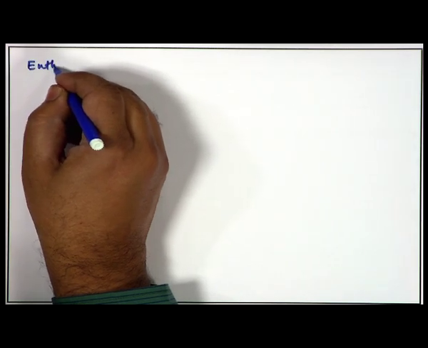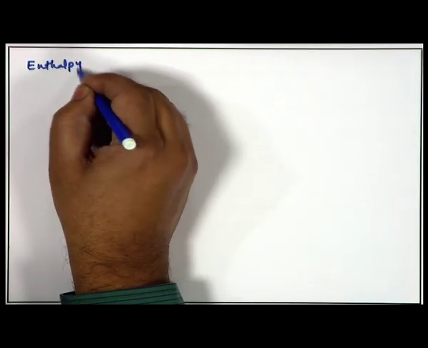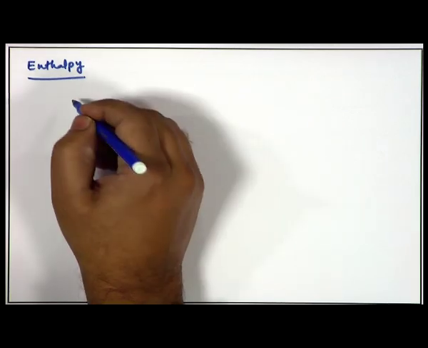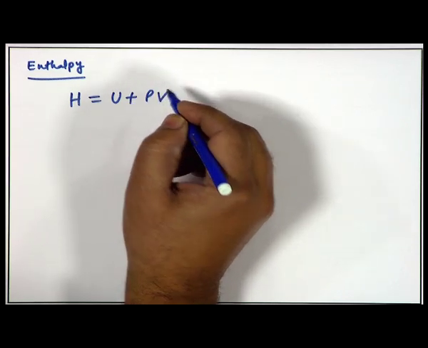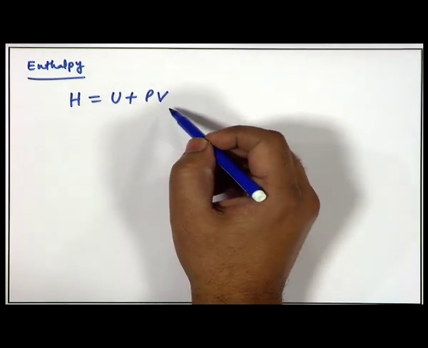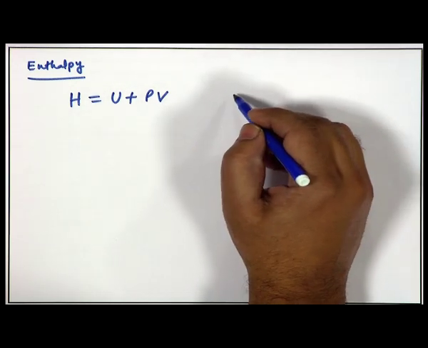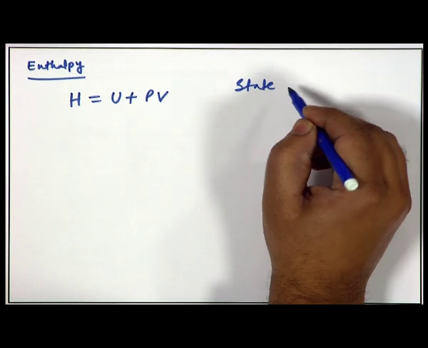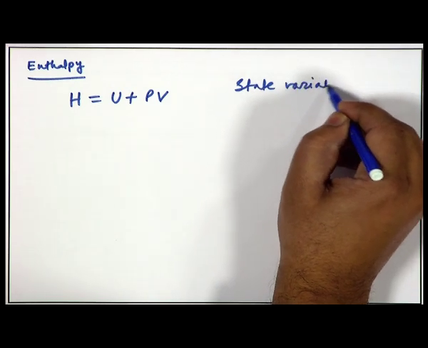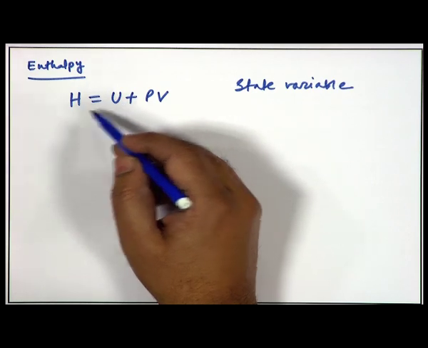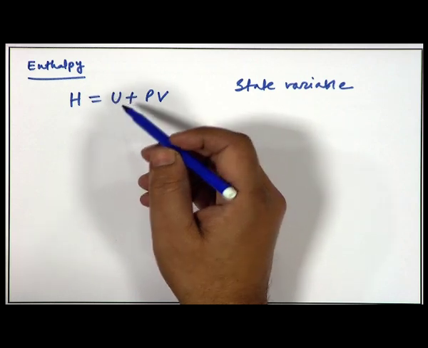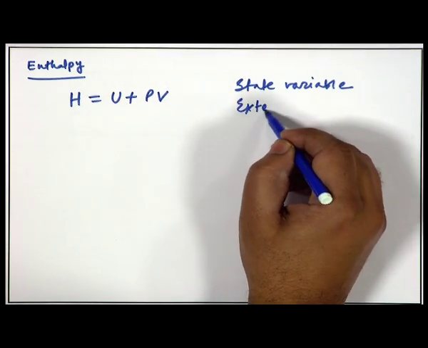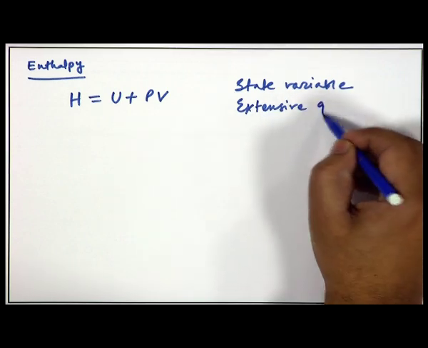So, next we will talk about enthalpy, and we started talking about enthalpy in the last class. We defined enthalpy mathematically as U plus PV. These are all state variables, U, P, V. So, H is also a state variable or state function or state property, whatever you call it. U is an extensive quantity, it depends on the size of the system or mass of the system. So, H would also be an extensive quantity,